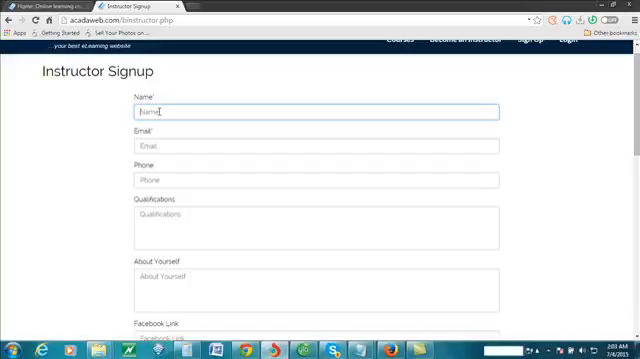Okay, I'm going to fill in the details there. It's Beavis. That's my name. Then the email, I'm going to use this. Phone number, okay. We quickly just find a phone number. Qualifications, that's what are the standards that qualify you to teach this course or to sell the information on the website. Okay, let me quickly say,